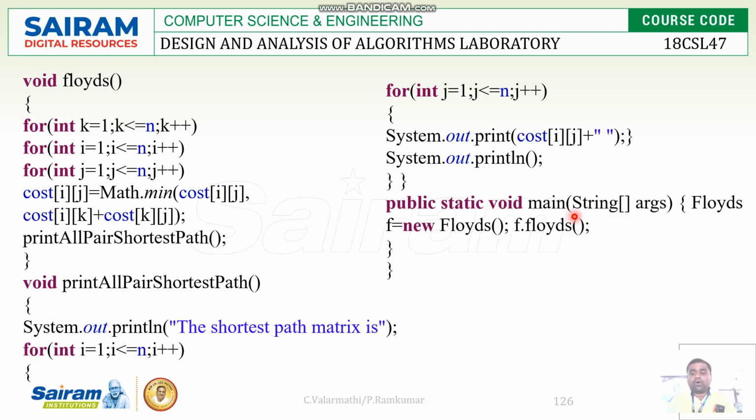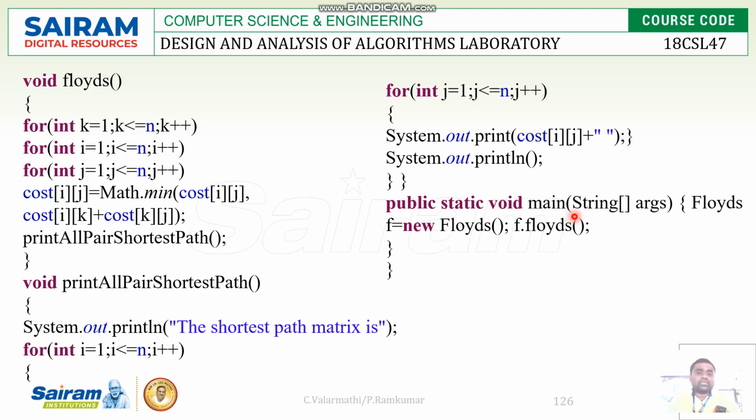So as I said before, we have to choose the minimum value from the cost. So how can I choose the minimum value here is cost of i comma j equal to math. Here I am using the math function, math dot min of cost of i comma j comma cost of i comma k plus cost of k comma j. So among those values I have to choose the minimum value only. So those minimum values will be the final solution actually.